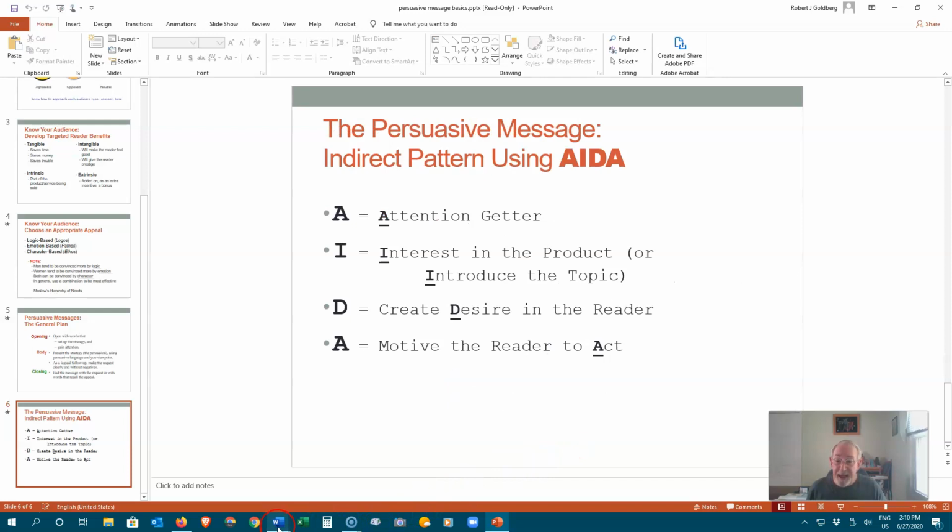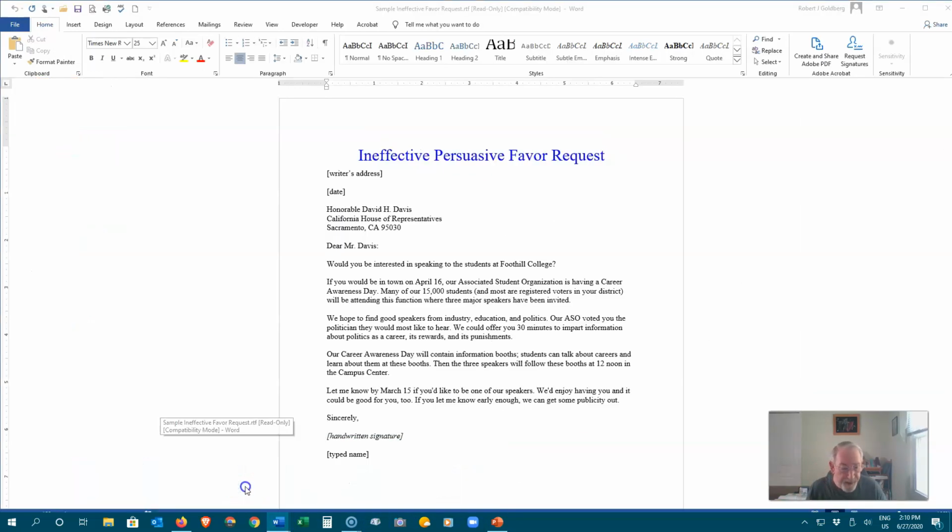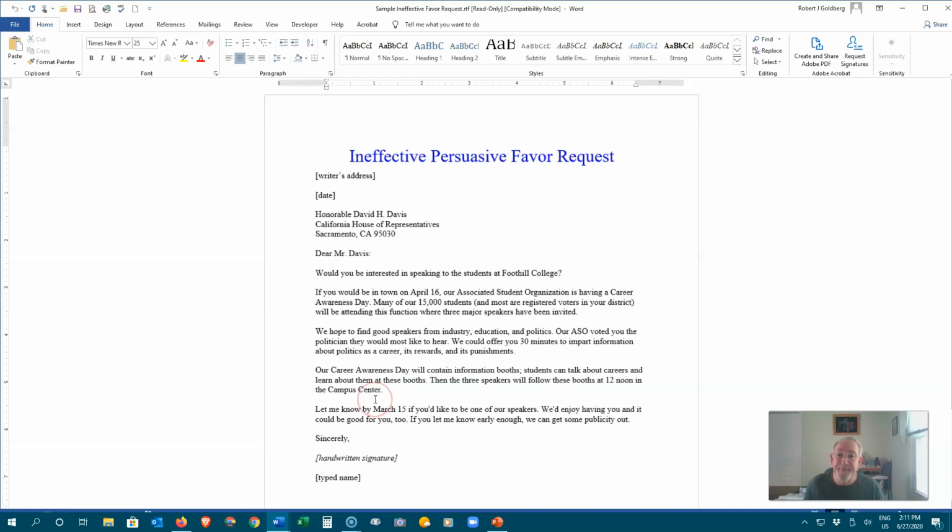Let's look at a quick example. Go to the Chapter 8 Lecture Notes materials and click on Sample Ineffective Favor Request. Read through it.